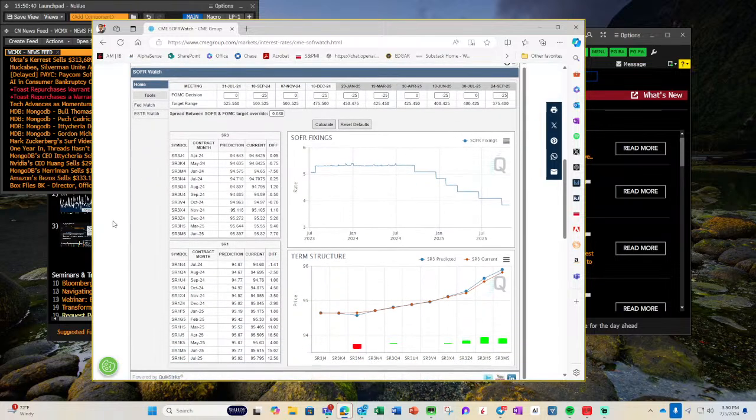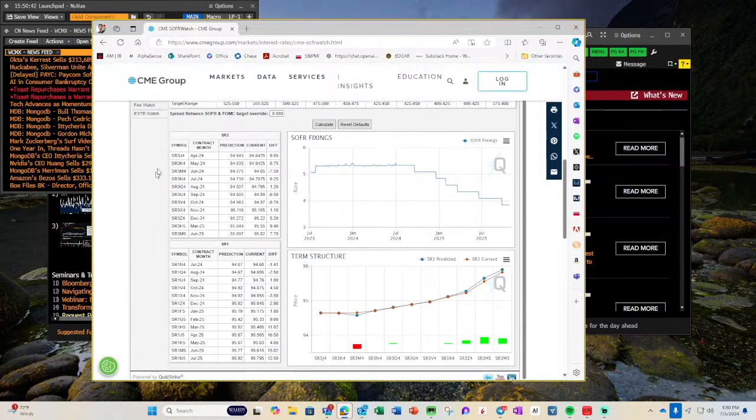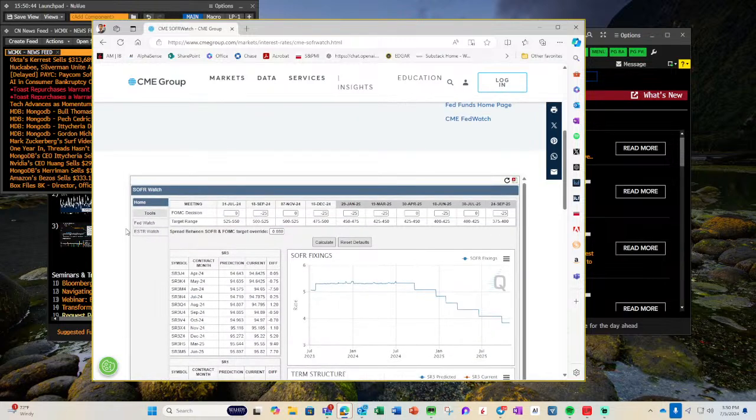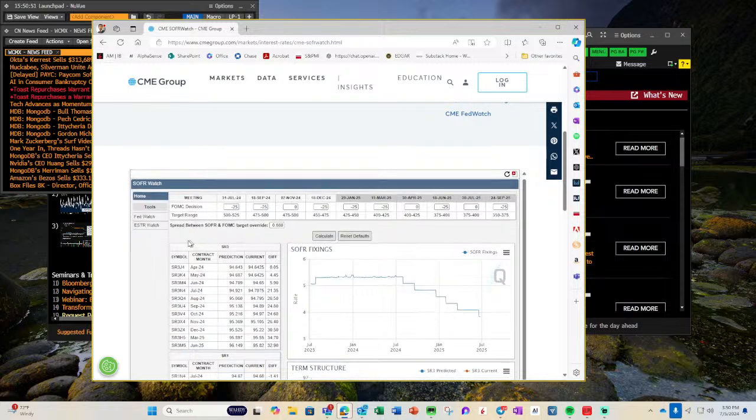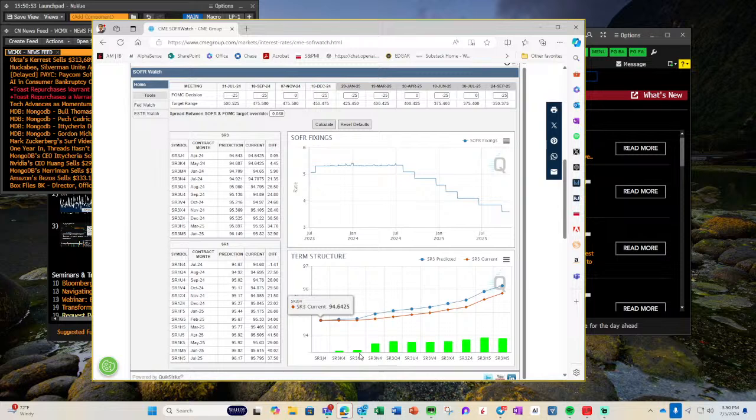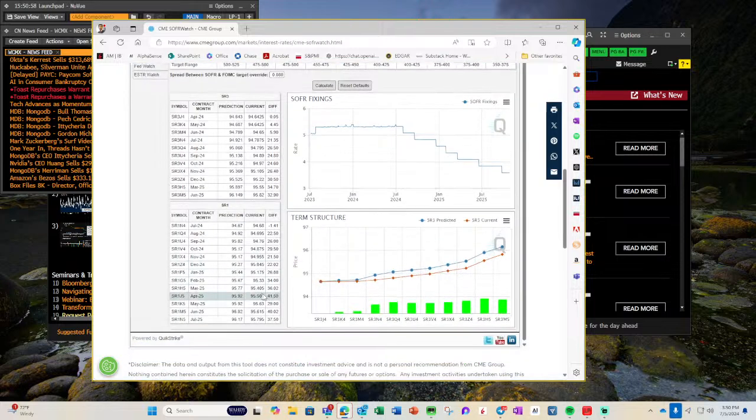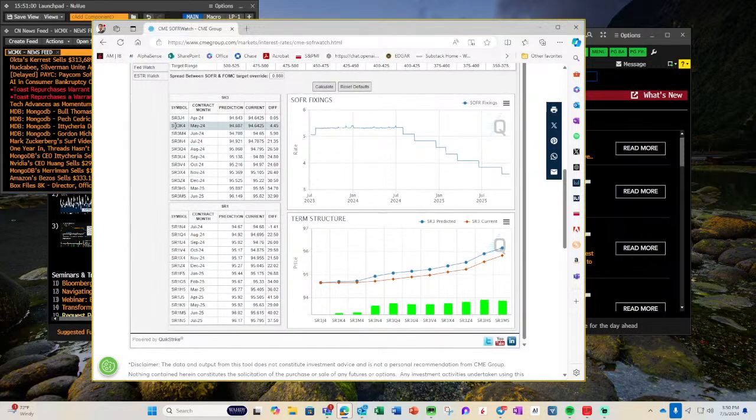So, Barnaby, this is what that tool looks like. What you would do is say, okay, for the July meeting, if the Fed does a cut, calculate it. What does the delta look like? And you can see which contract would actually get impacted by the cut. And then over here, you can see the difference, right? It looks like I get a big difference here. So in that case, that would be the reference contract that I'm going to pull up